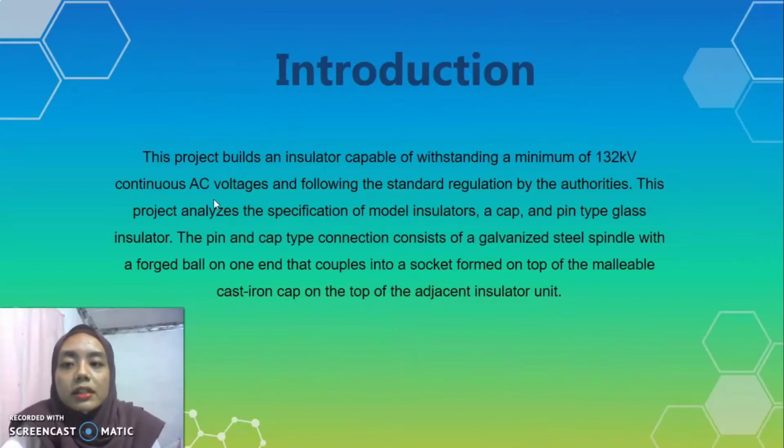For the introduction, this project builds an insulator capable of withstanding a minimum of 132 kV continuous AC voltage and following the standard regulation by the authorities. This project analyzes the specification of modern insulators, a cap and pin type glass insulator. The pin and cap type connection consists of a galvanized steel spindle with a forked ball on one end that couples into a socket from on top the malleable cast iron cap on the top of the adjacent